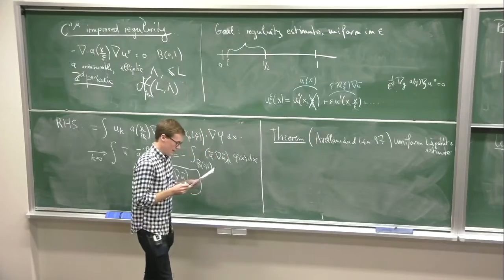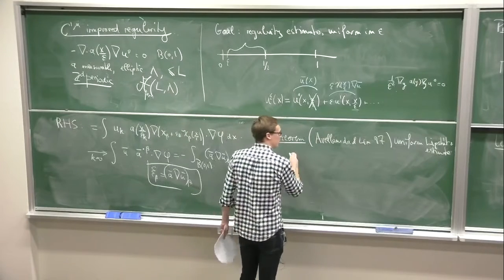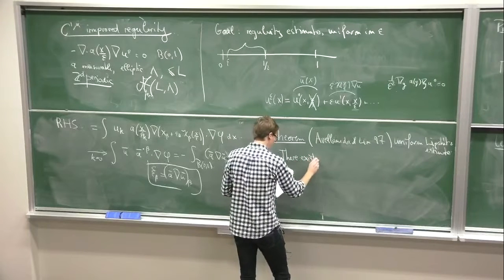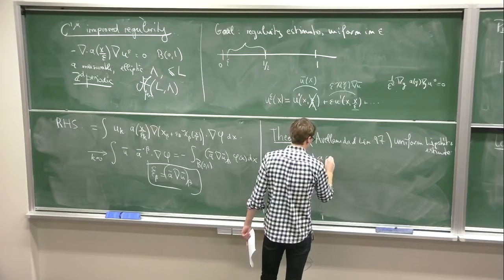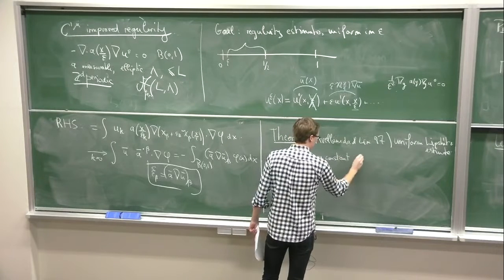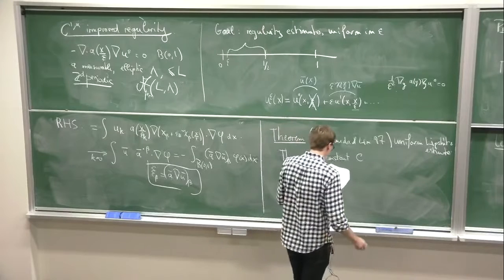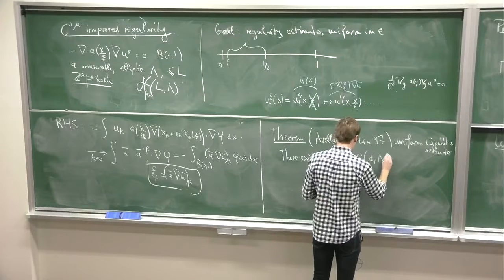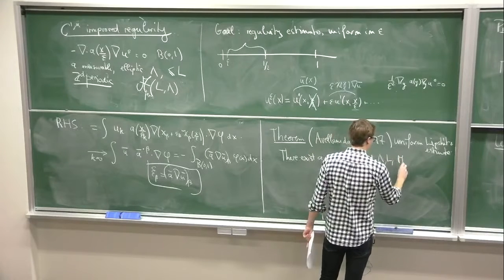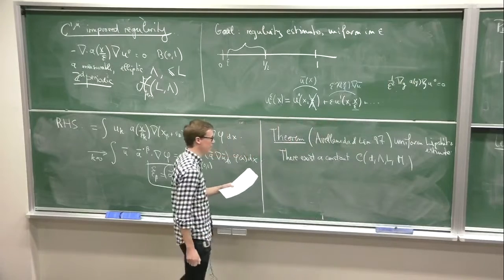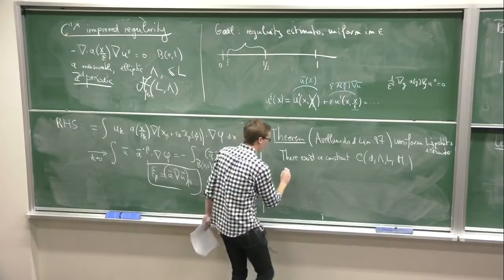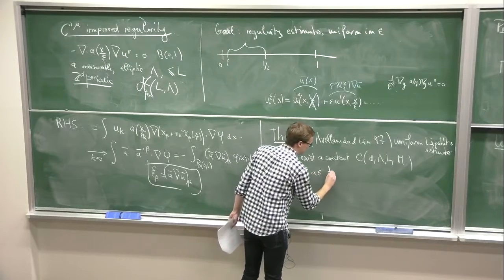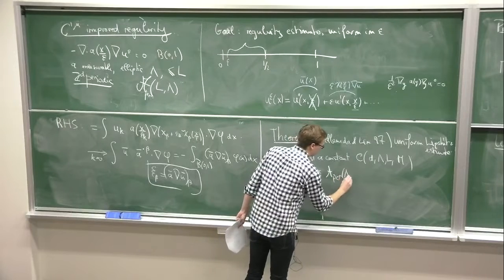So there exists a constant C, which depends on dimension, lambda, L, and M. So I will tell you in a minute what is M. Such that for all A in this A per lambda L,